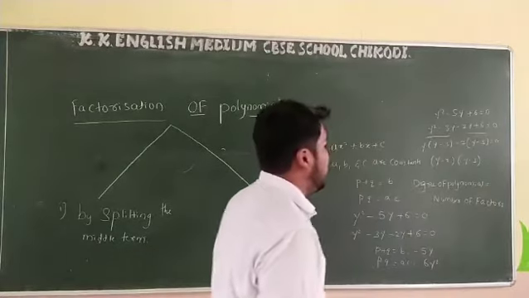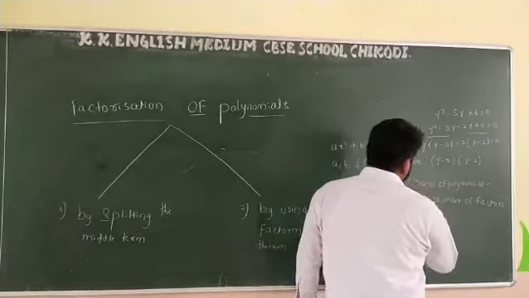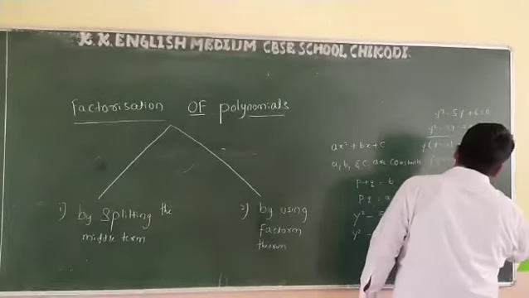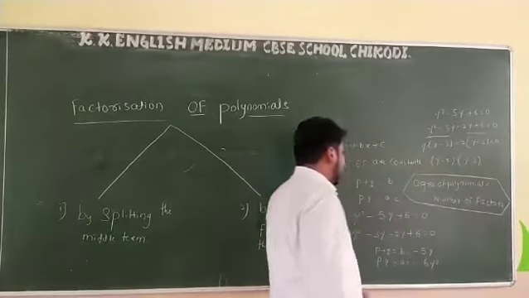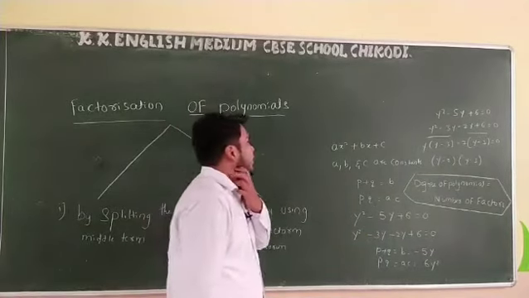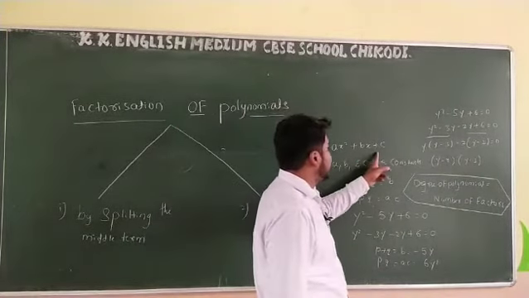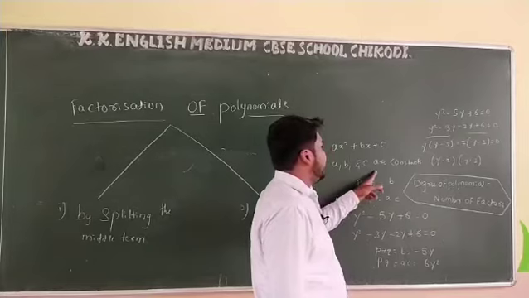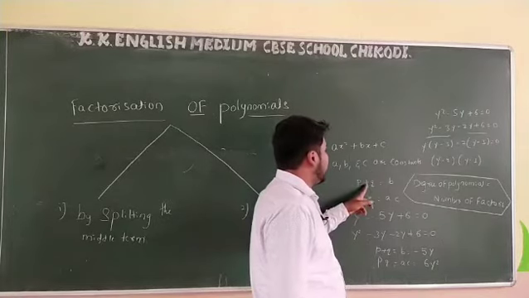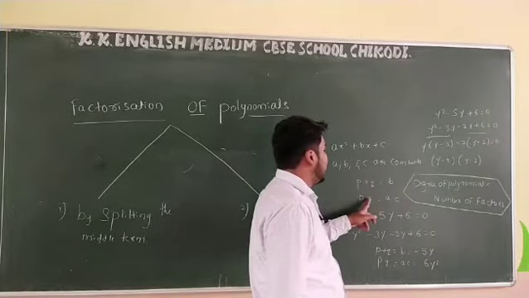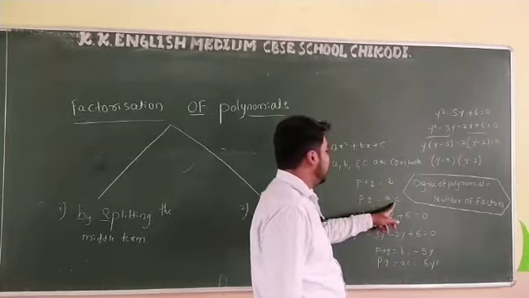Okay, so degree of polynomial is equal to number of factors. So this is our equation we got. See here, I have considered a quadratic equation ax square plus bx plus c, where a, b and c are constants. If p plus q you consider as b, and p into q you consider as ac.